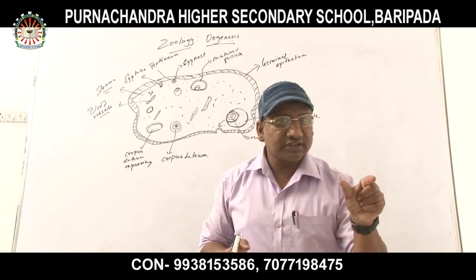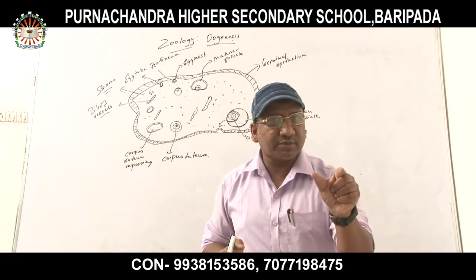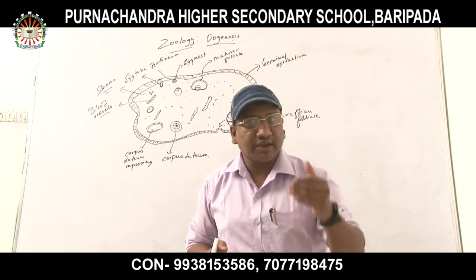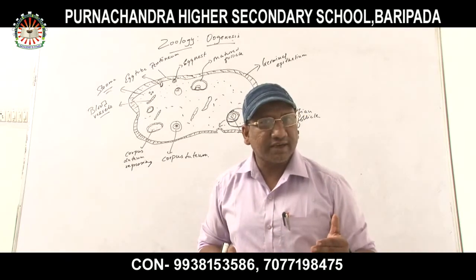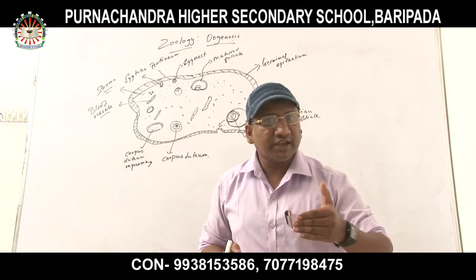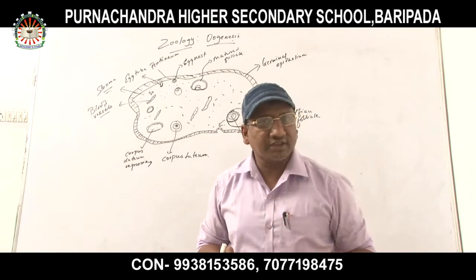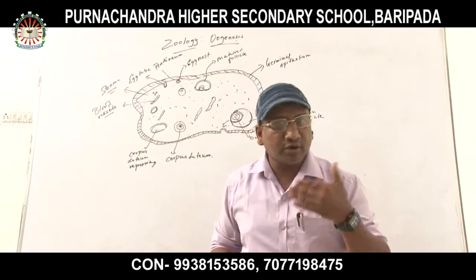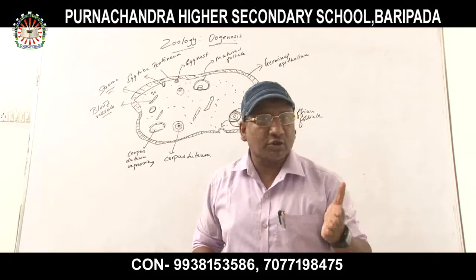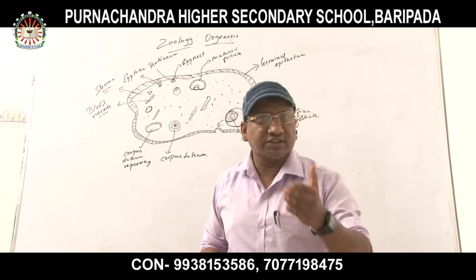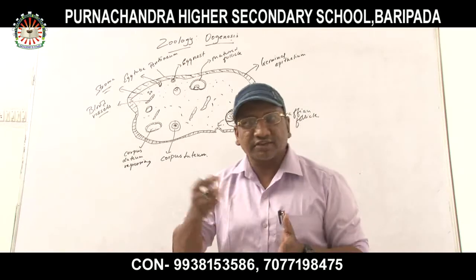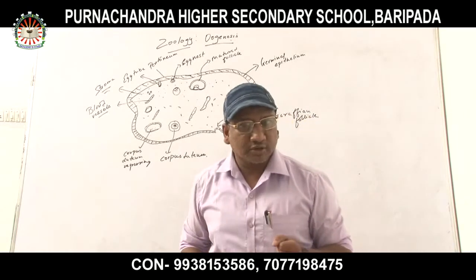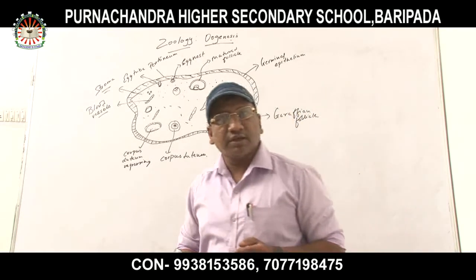First is the prostate region, with a length of 3 to 4 centimeter, and the middle one is 1 centimeter, and the rest of the length goes to the penial urethra, having a length of 14 centimeter. But in the female urethra, no such regions are seen. And the function of the male urethra is to be a common passage for both urine and semen. But in females, the function of the urethra is to pass only urine. So these are the differences between the male and female urethra.